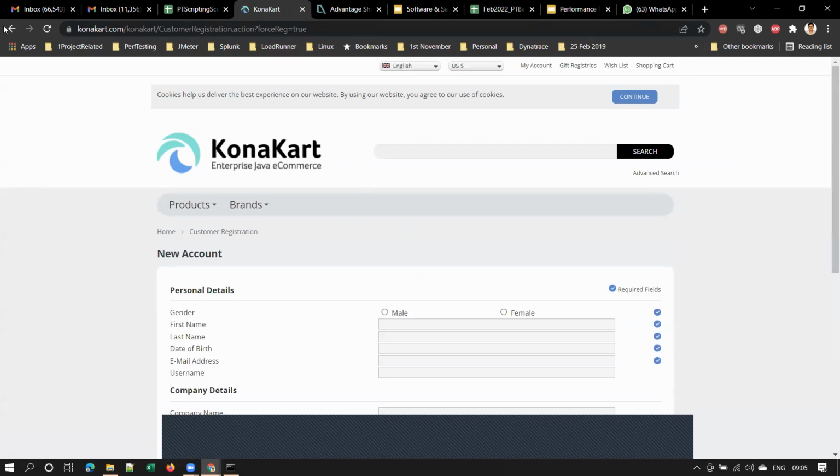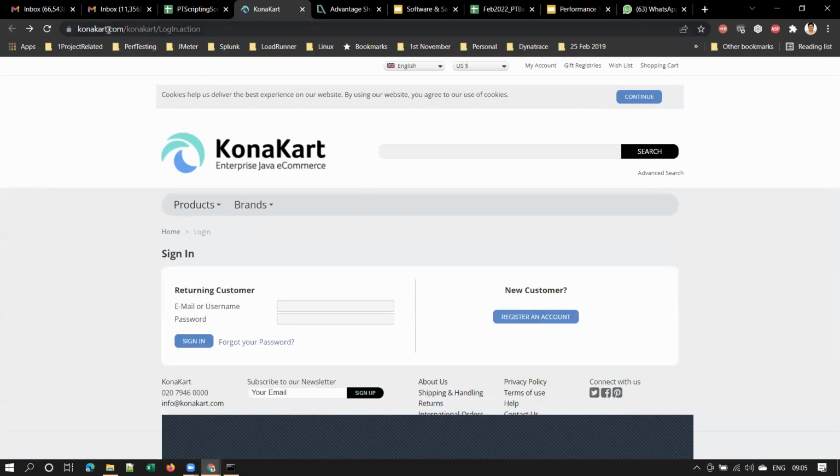See here, this is an online application that I am using, Konacut.com. Again, this is a demo application only. When I click on register, observe here, login.action. This is the server name, and this is your resource path.